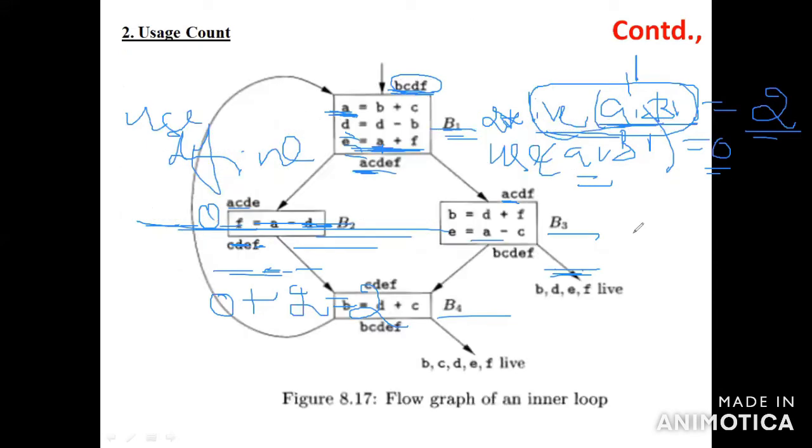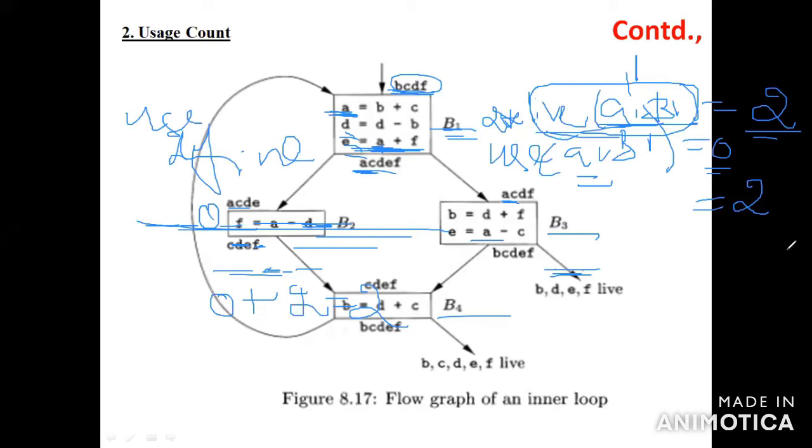Okay, basic block 1 in A. So what is the answer? Here the total answer is 2. So A is used in basic block 1. Based on the formula, the basic block 1 of A, the answer is 2 only. The answer is 2. Okay, it's clear. So this is for usage count for the given.